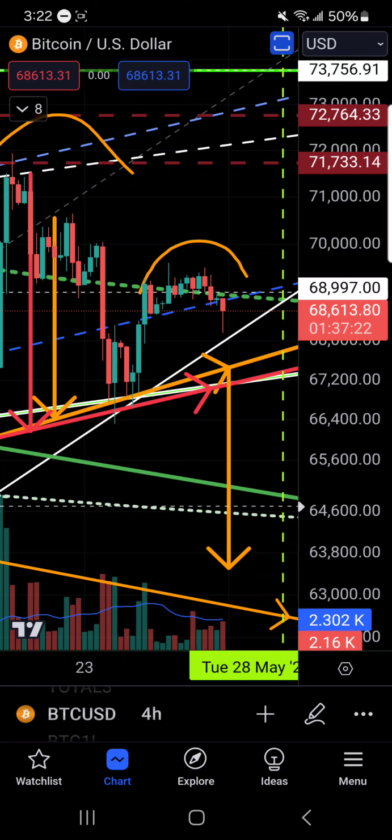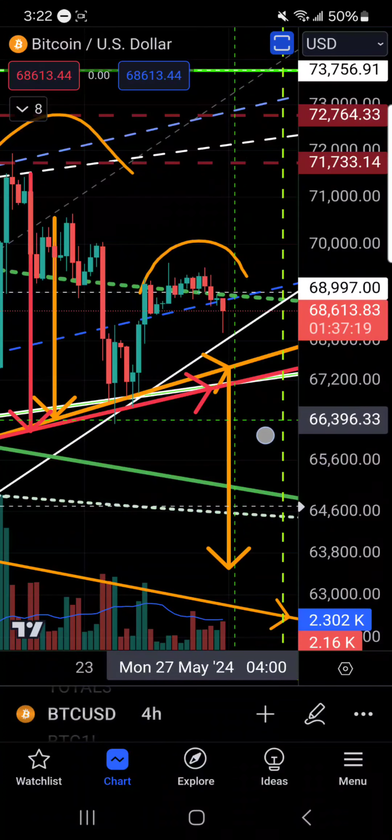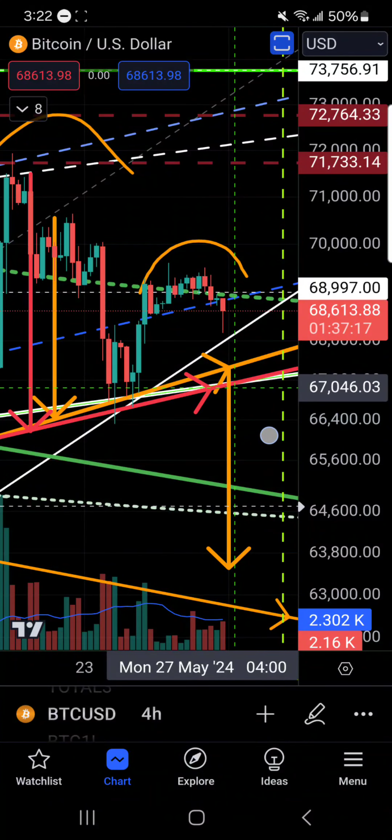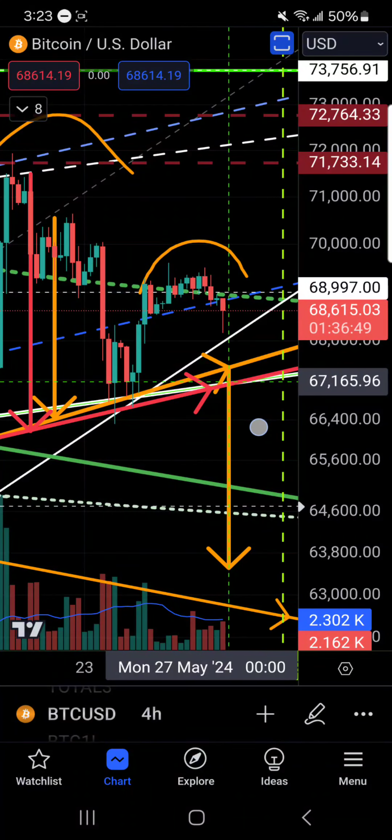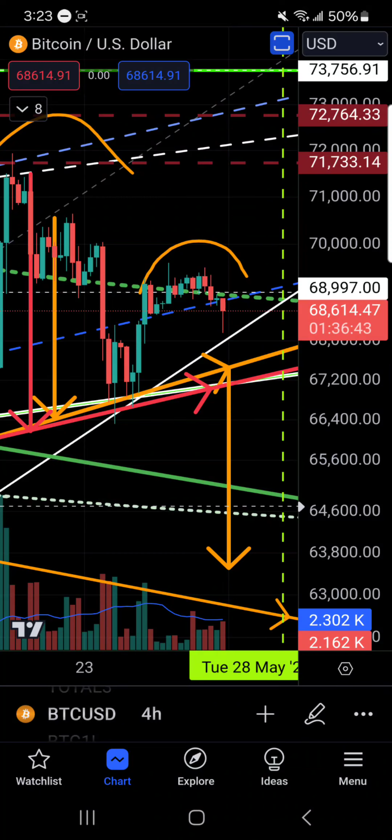But what would be interesting, if the red neckline is correct, is that it does intersect the most important parallel channel in Bitcoin's history, coming up here pretty soon into Asian trading hours on Monday. And I don't believe they have Memorial Day there. So that could be a good possibility for some dumpy action. Now, if that does play out, where would that take us to?